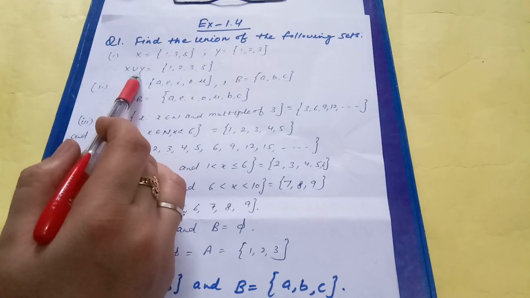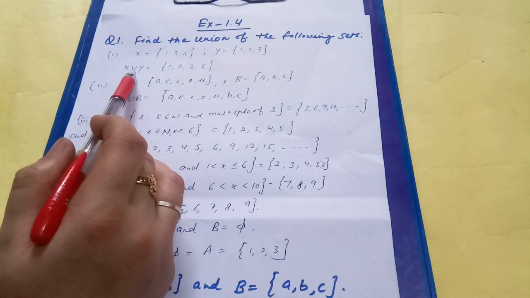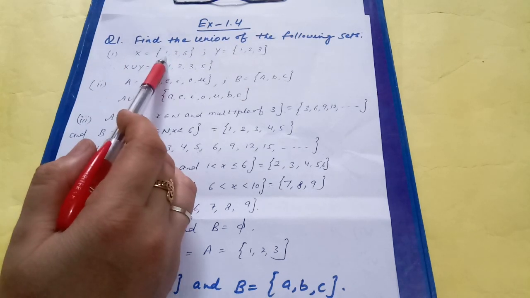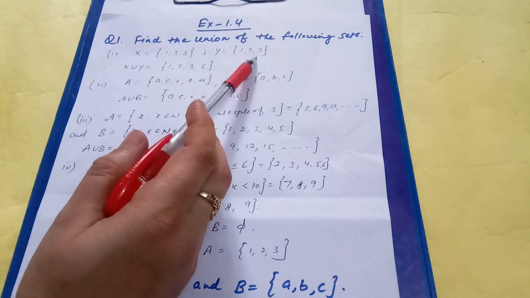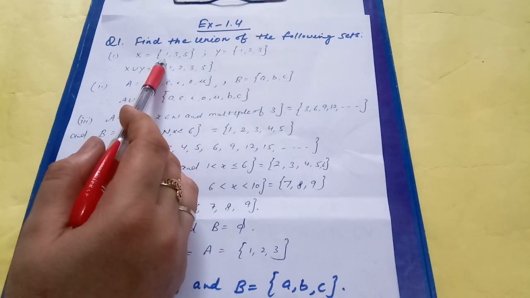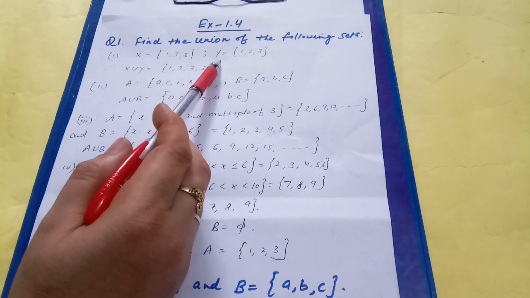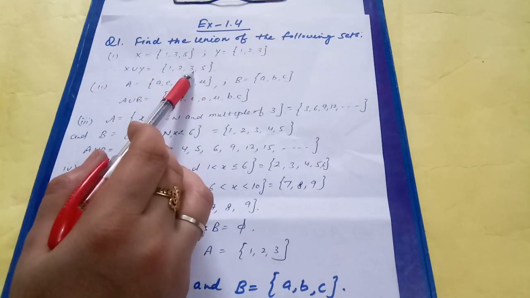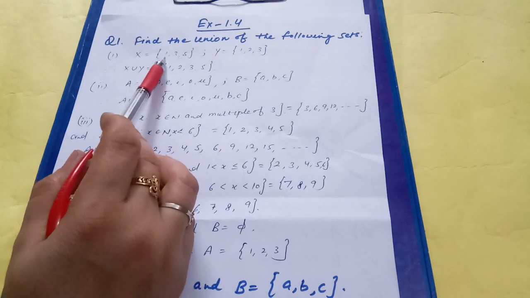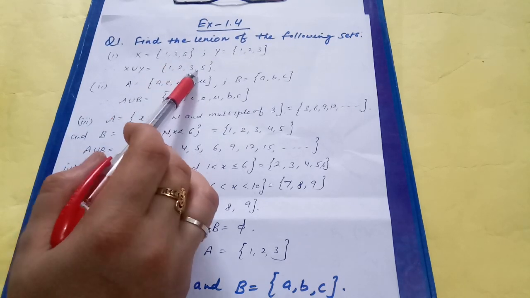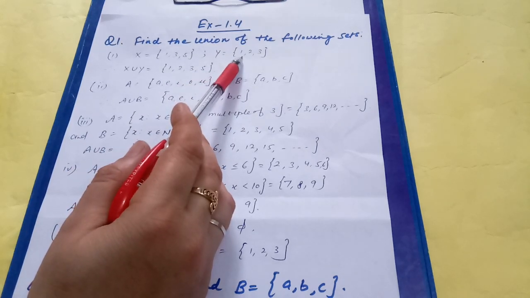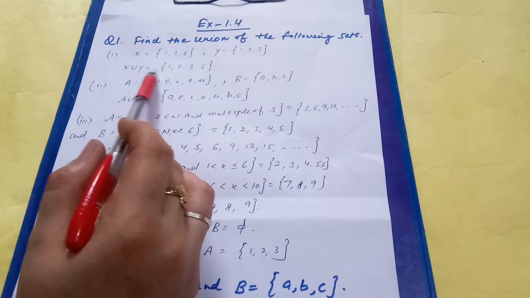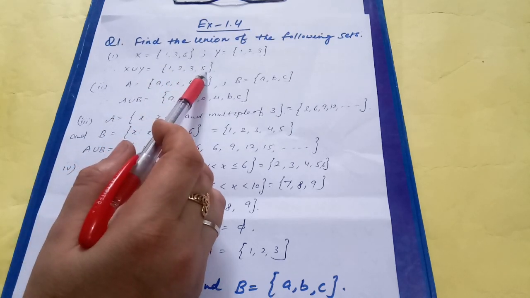So what is X union Y? We have discussed earlier that the X union Y is the set which contains all the elements of X and all the elements of Y, but the common elements of X and Y are taken only once. So X union Y becomes {1, 2, 3, 5}. Here all the elements of X are 1, 3, 5, and the elements of Y are 1, 2, 3, but 3 is common, so we have taken it only once. Therefore, X union Y becomes {1, 2, 3, 5}.